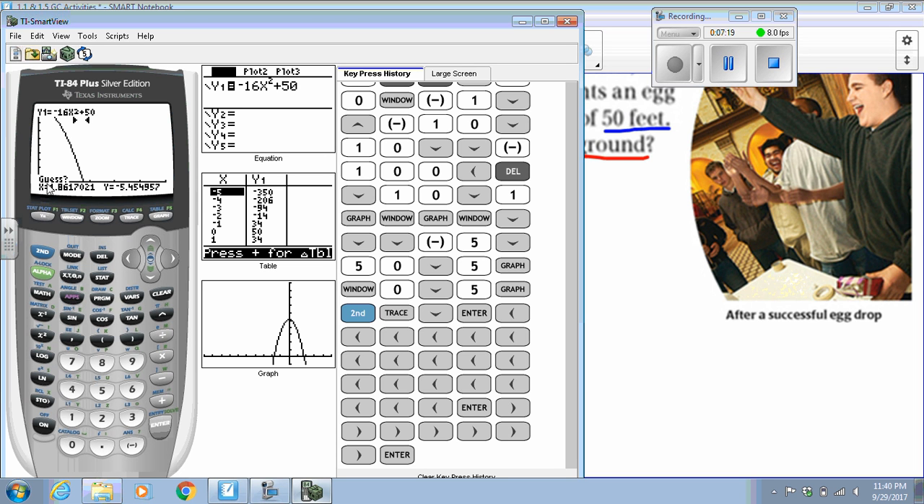Now remember, whenever I ask you to guess, you just press enter one more time. And then here, our x, that's what we're looking for, our x-intercept. So let's go ahead, we're going to round to, let's say, the hundredths place. So it looks like our answer is going to be at